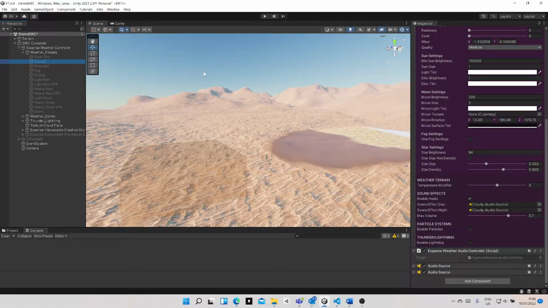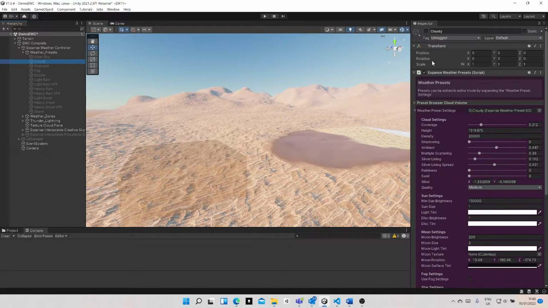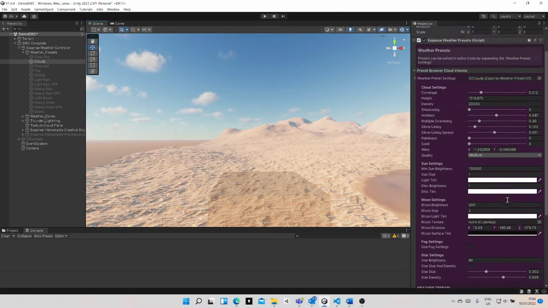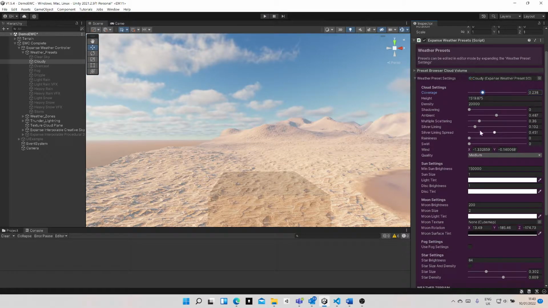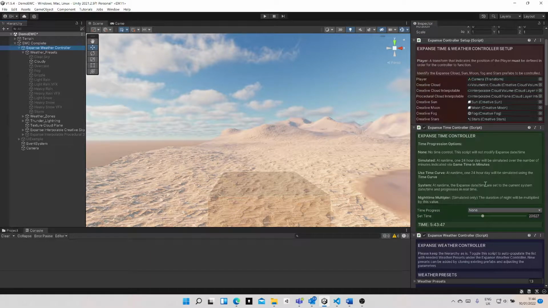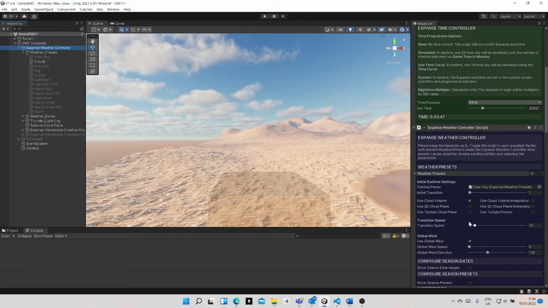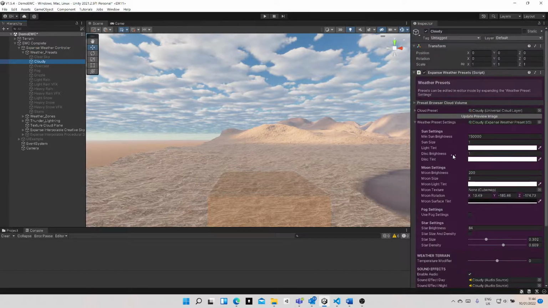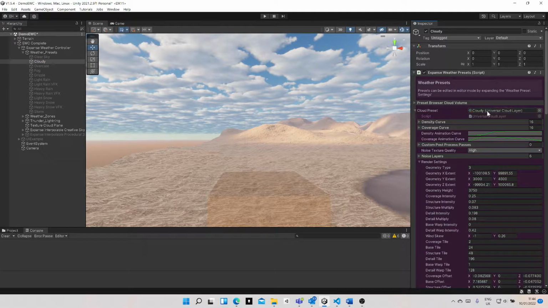So if I, for instance, go to the cloudy preset and I enable that in the editor, you can see the clouds here and I can adjust the cover, etc. in these settings here, and that's for all of these presets. Now if I enable the cloud interpolator, now it's using the interpolator that Brad implemented. So basically what I've done is I've made my own presets, and this is the cloud preset, which